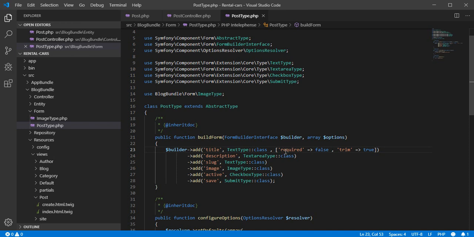So here we put required equal false and trim equal true. If you don't know what trim is, it deletes spaces: if we put, for example, a space at the start or at the end, trim deletes it. So now I will just copy and paste this into every other input,